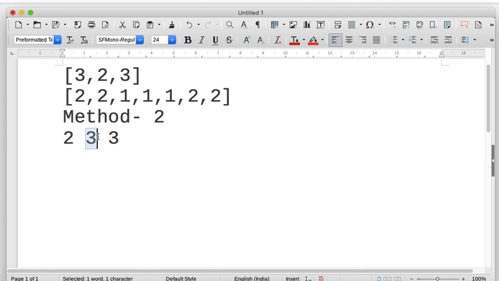if any element occurs more than n/2 times, then that element would be at the n/2th position. So you check this n/2th position. Here it is 3, and in another iteration you go through the entire array and check how many times 3 is present. So this is the majority candidate: if there is a majority element, then this is the majority element, otherwise there may not be a majority element at all. But in this problem they have given that a majority element always exists, so you can simply return 3. Otherwise you may have to check again: I'll go through the entire array and see how many times 3 is present.